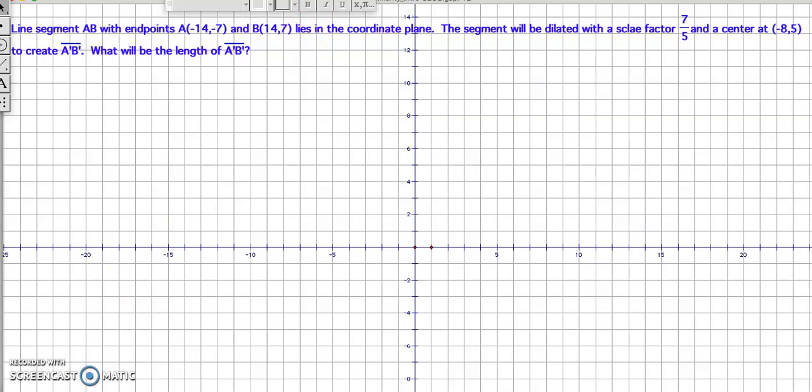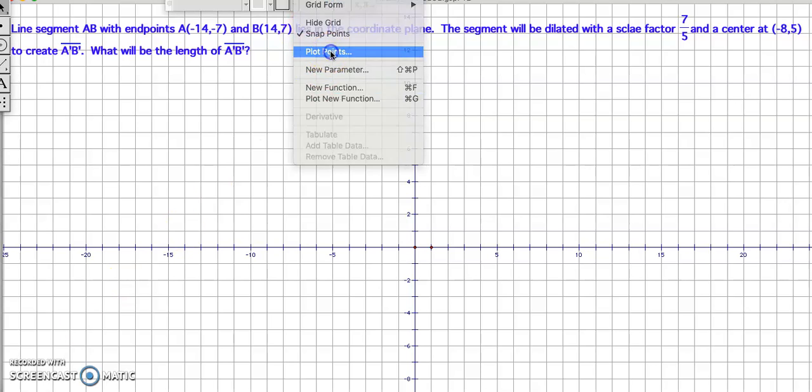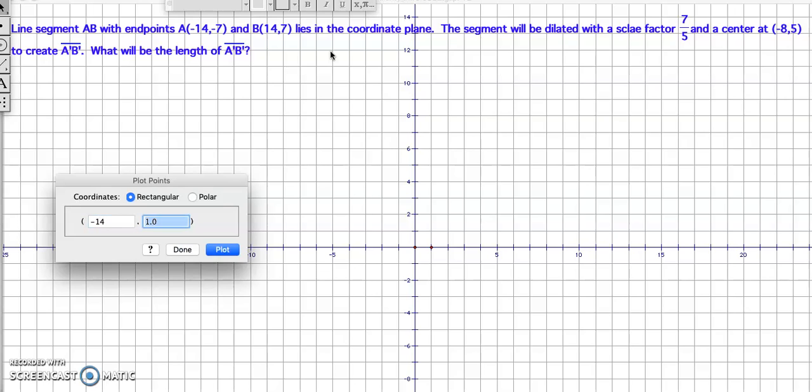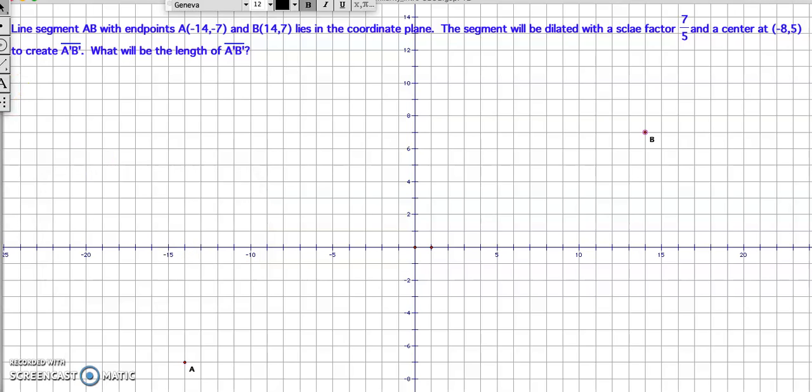So the first thing I want to do is we're going to plot the points. So we're going to plot -14, -7. And we're going to plot 14, 7. And we're going to hit done for now. And we're going to connect those two. And 7/5 means it's actually going to be bigger. So we might actually have to